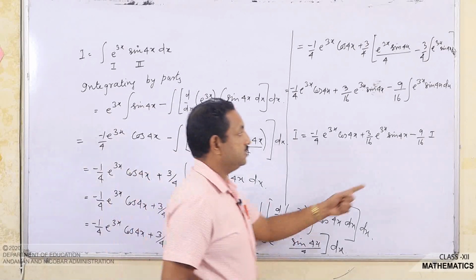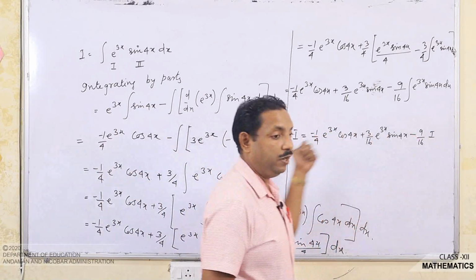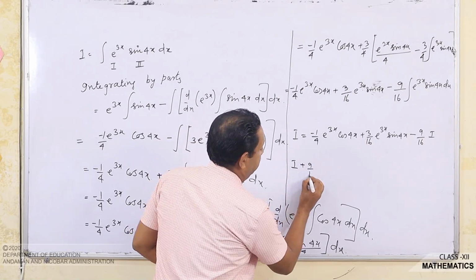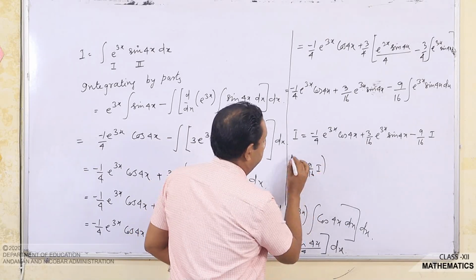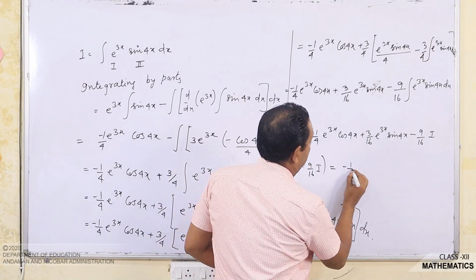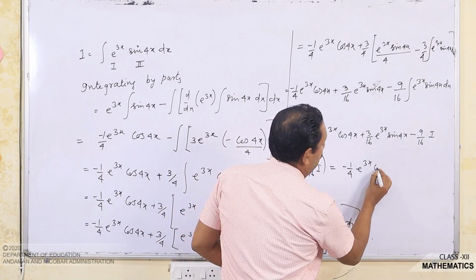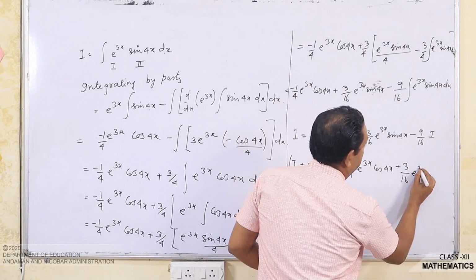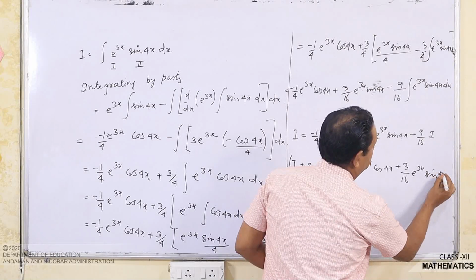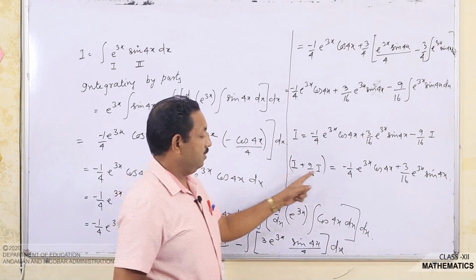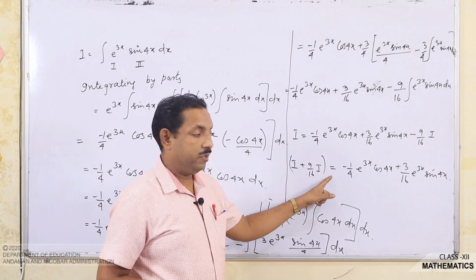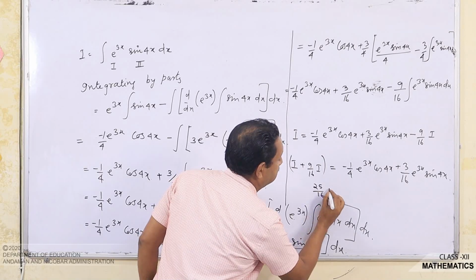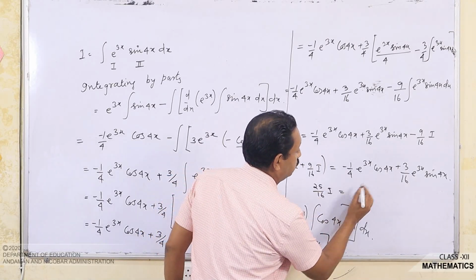Now, I can bring this minus 9 by 16 I to the left hand side, and that will give you I plus 9 by 16 I is equal to minus 1 by 4 e power 3x cos 4x plus 3 by 16 e power 3x sin 4x. So this I and 9 by 16 I make 25 by 16 I is equal to, we can take this